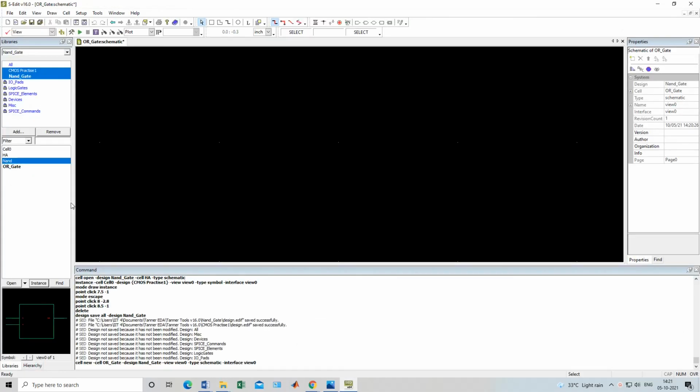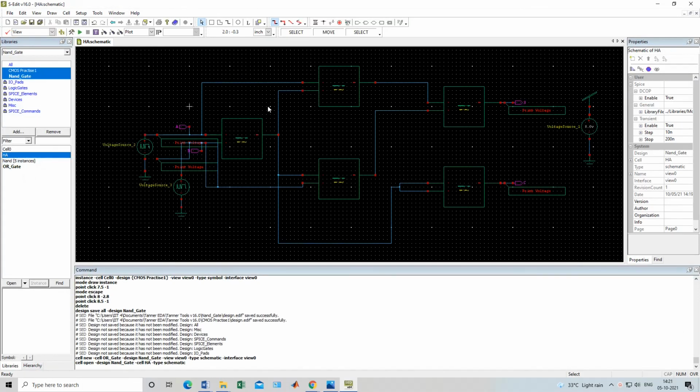And one more thing, you have to see the output of the half adder properly, because the output should be in a proper time frame. Otherwise in future you will lose the exact time delay analysis, and it will create some problems. Okay, so that's all for today, guys. Please complete your practical properly and prepare your lab report.